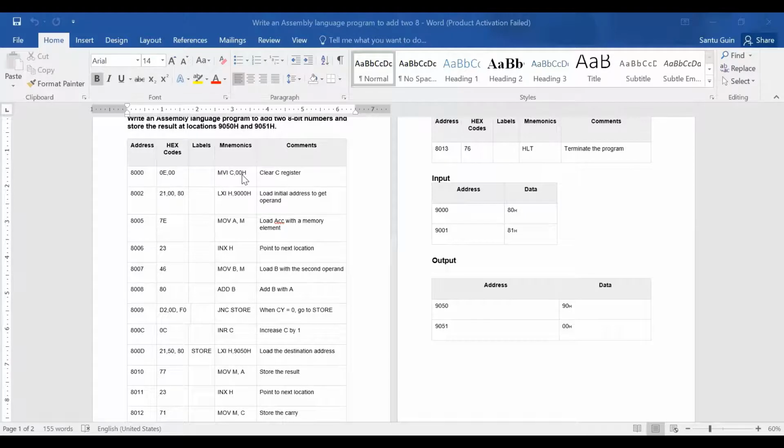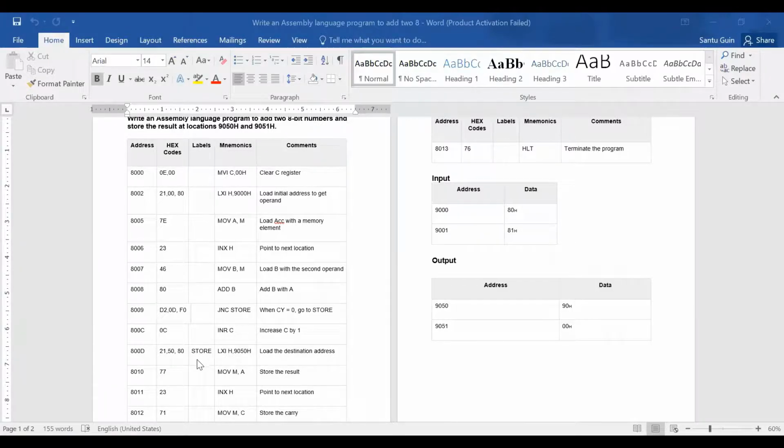If there is no carry, what happens? That's why I have written this instruction, JNC, jump on no carry, where you need to give a memory location. I have given a memory location name, that is store.